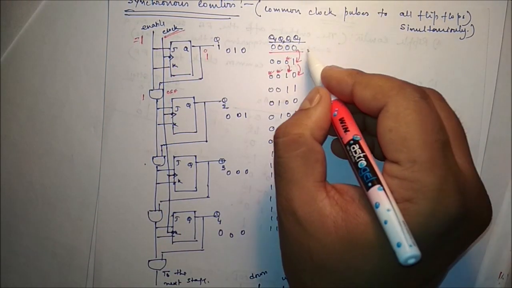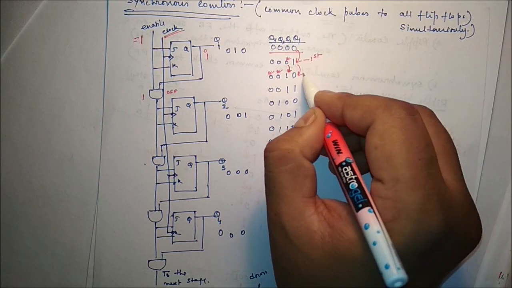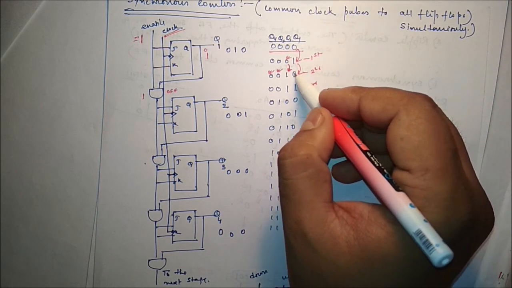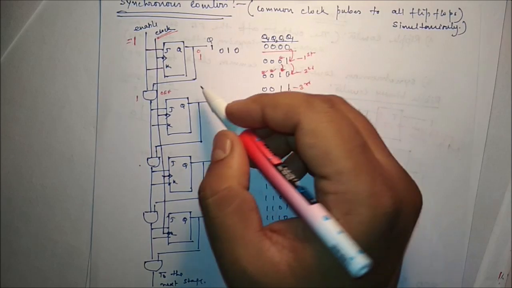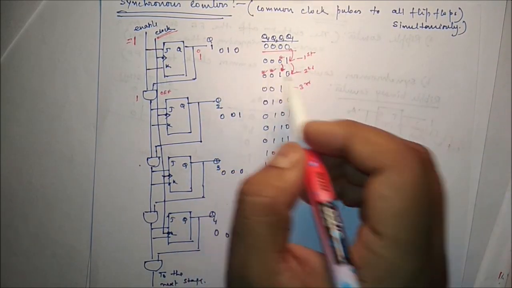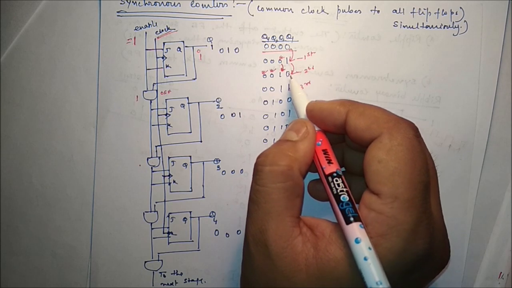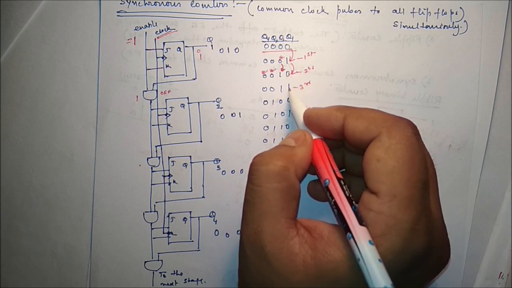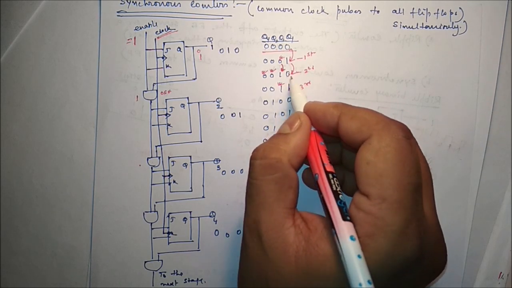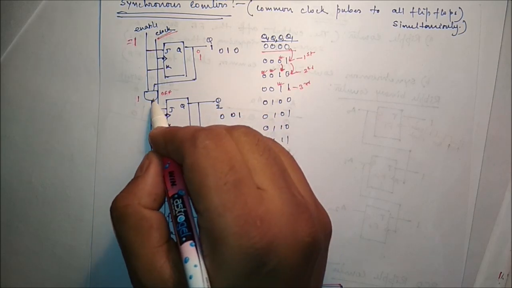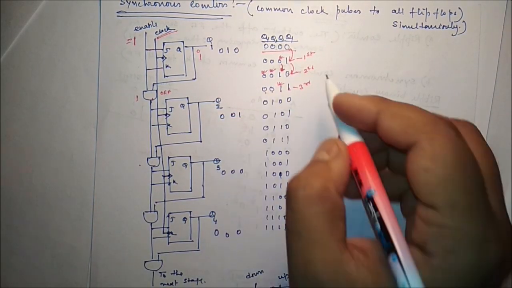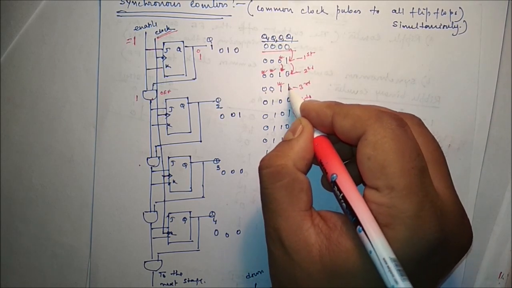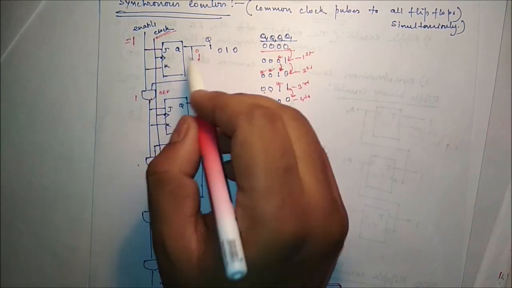In the third clock pulse, so this is after the first clock pulse, after the second clock pulse, after the third clock pulse, it will move from 0 to 1. Initially it was 0, so 0 to 1, but it will keep as it is because this one is 0. Since it is 0, this is off condition, so keep as it is. Now after the fourth clock pulse, the states change. Now it is 0. But since it was 1, 1 and 1, it is on condition.